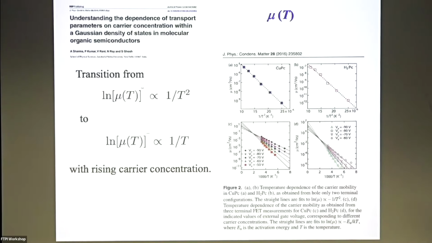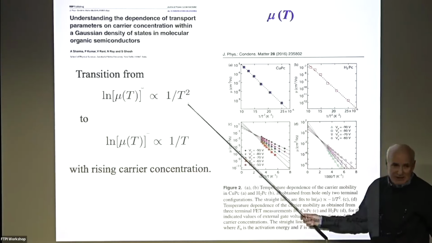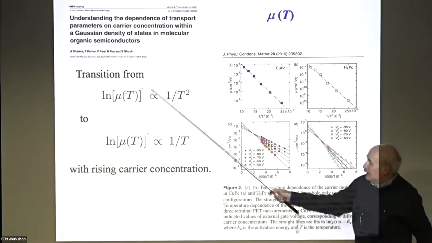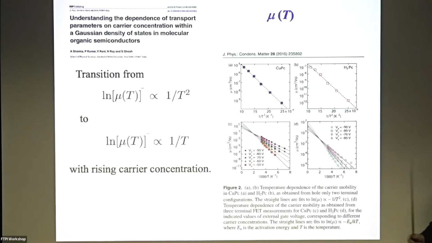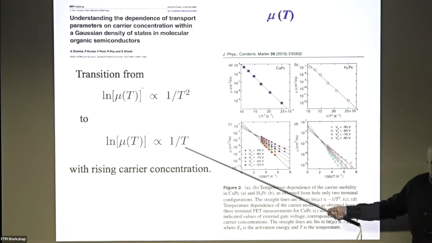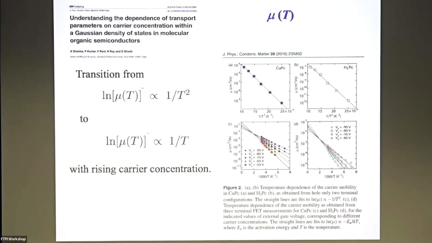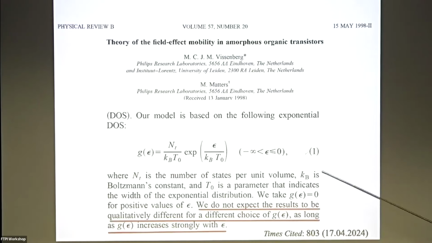And now I have a couple of minutes yet to convince you that the density of states is indeed Gaussian. This peculiar temperature dependence is observed in the empty system where you just have one electron. If you fill the system in the transistor geometry, usually an Arrhenius temperature dependence is observed. So how to bring these two results together?